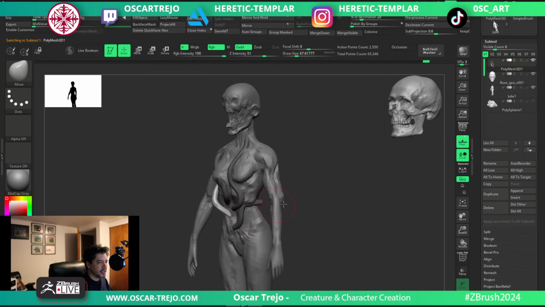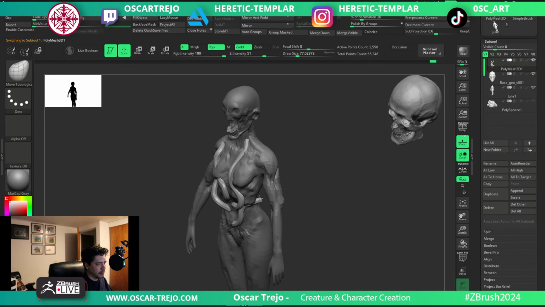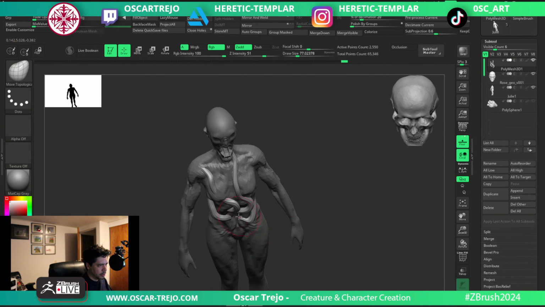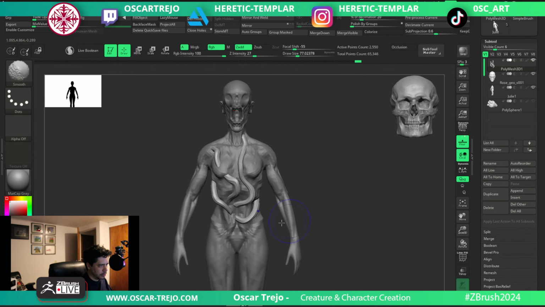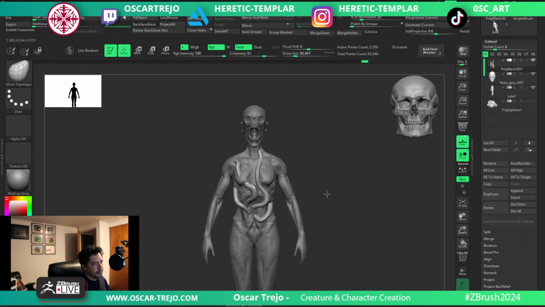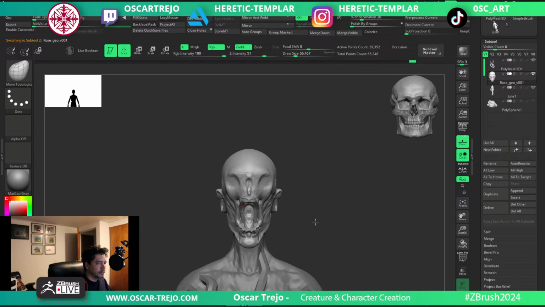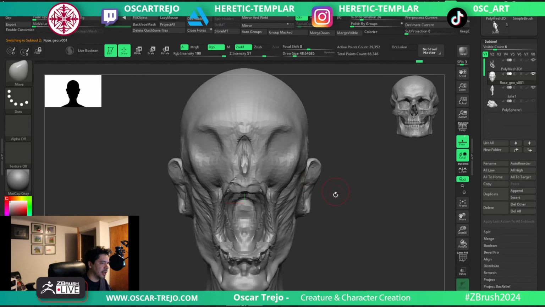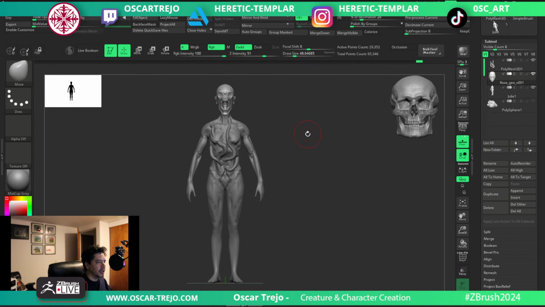So let me change the shape of this one. So now I'm gonna start working a bit more on the shapes. I already have the design done, so I think this one as a concept, I can even render a